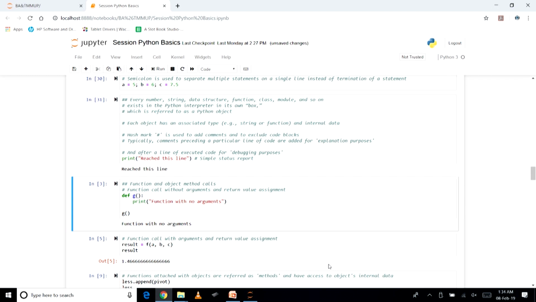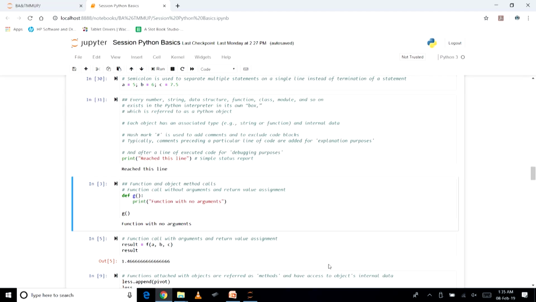You can see we use the keyword def to define a function, then the name of the function, then the parentheses to indicate that this is a function, and then a colon, which, as we have discussed, indicates the start of the indented block of code. So def for defining function g, parentheses and colon, and then we have just one line of code, the print function with no arguments, and then we are calling this function g. If we run this code, we will get this as our printed output.